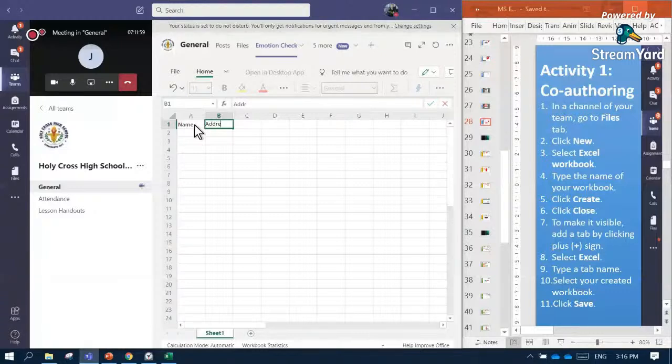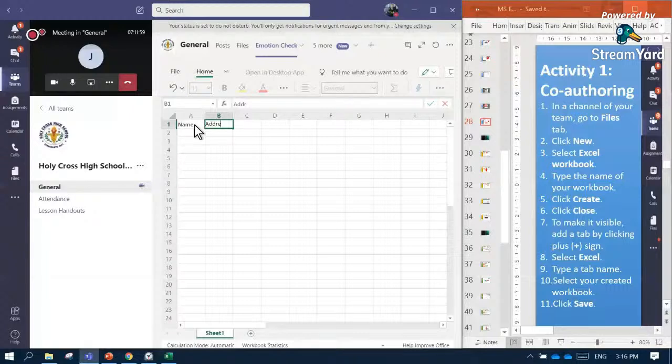Okay, so you can adjust the columns there, and you can also emphasize the headings by making them bold.